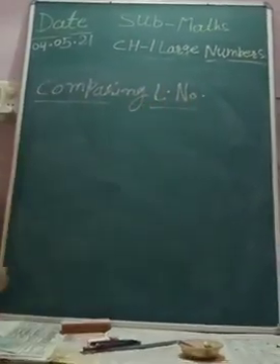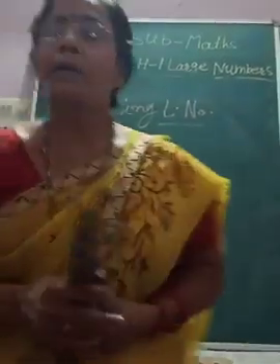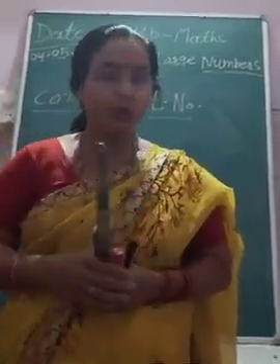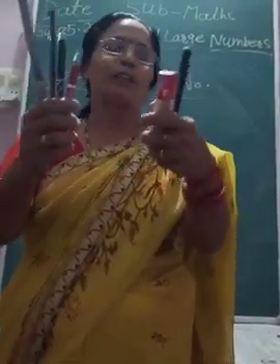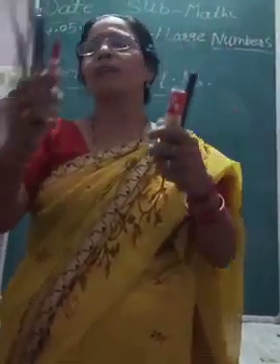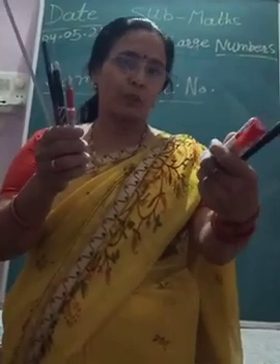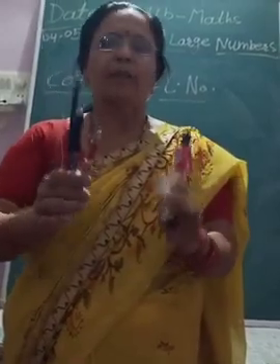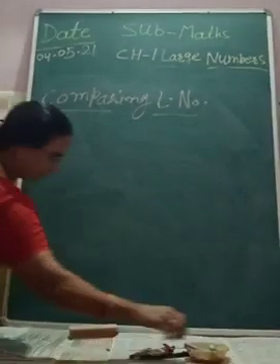Now, comparing means, when you have to compare means you can compare the number of the students, the height of the students, the money between two people, or you can compare groups also. Just in my one hand there are 2 things, and in my other hand there are 4 things. So you can compare in which group there are fewer things and in which group there are more things. This is the comparison. Same, we can compare the digits also. Now just see how we can compare.